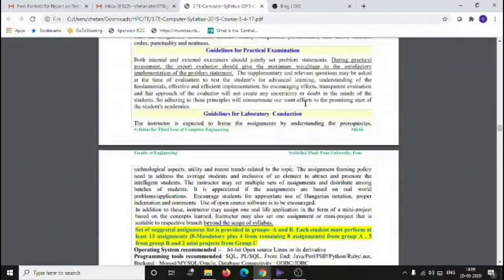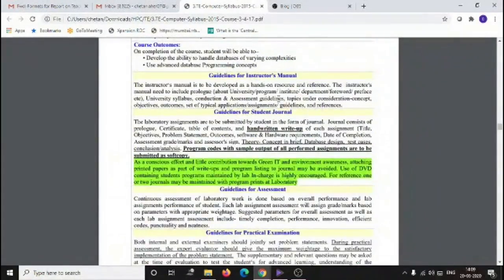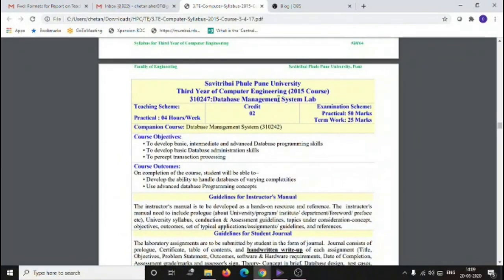I am Chetan Aher. I am here to teach you the database management system lab. It is your DBMS practical also. So, we will discuss the marking scheme and examination